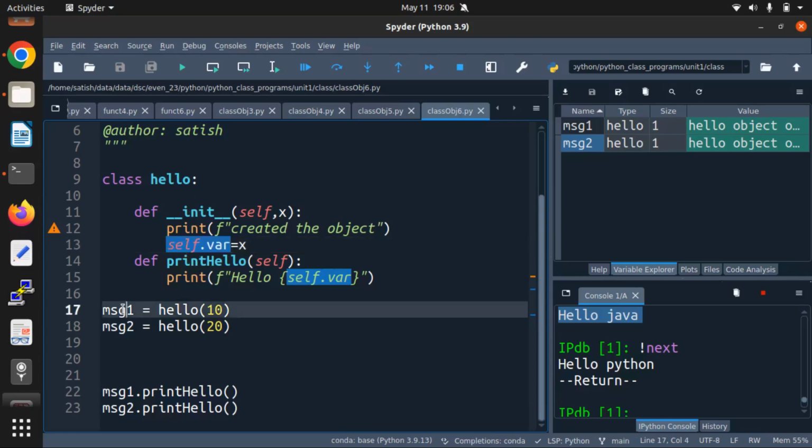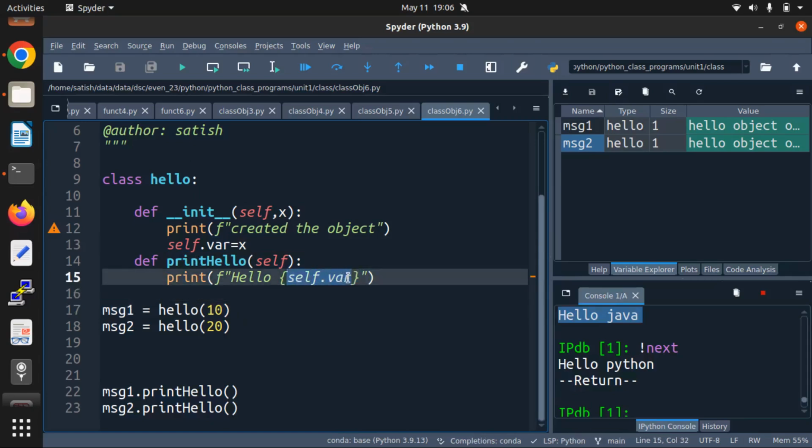So for MSG1, we have said hello 10. Now when we say MSG1 print hello, in the print hello method, we are printing the self.var. Self.var is what? The variable that we initialized here in the init function. So this var is actually the variable name. Self is the keyword which you're attaching to it to make sure it is specific to the object on which